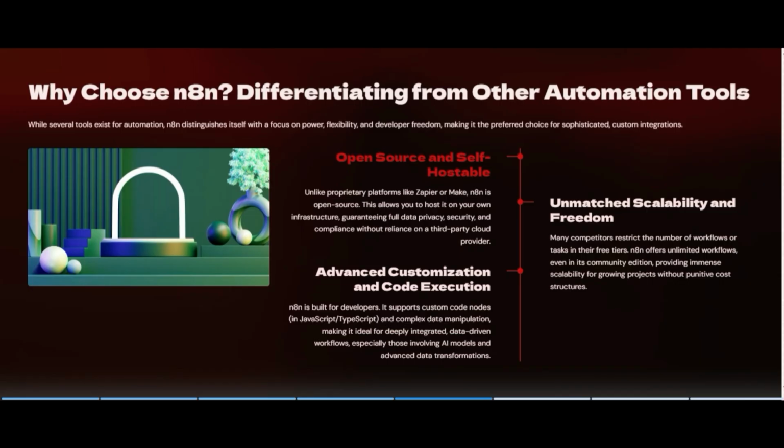So we have discussed why you should choose n8n.